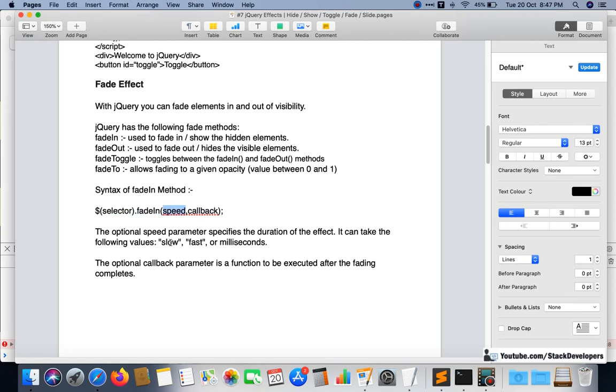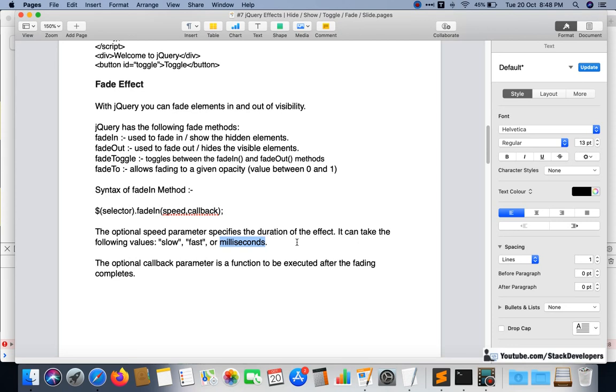For speed, you can use slow, like if you want the slow effect, it will slowly appear, or slowly disappear, or you want fast, it will come in a fast way, or go in a fast way. These kinds of parameters you can use: the speed parameter and the callback parameter. You can also give the milliseconds.